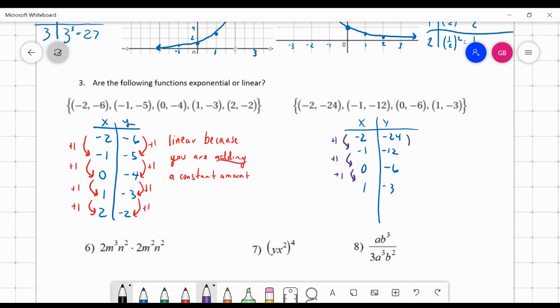But over here, the y values, negative 24 to negative 12 to negative 6 to negative 3, notice that you get half every time. Every time it's half of the previous one. So you're multiplying by 1/2. You're dividing by 2, but you want to describe the graph with multiplication. So you're multiplying by 1/2. So this one is exponential